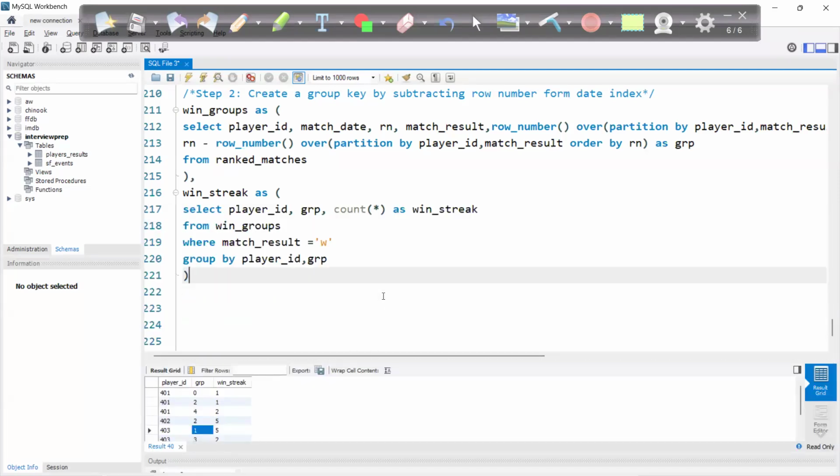Now what next? Now I will find the max streak per player. Right? What is the maximum streak per player? I want to find for every player the maximum win streak. So, max streak